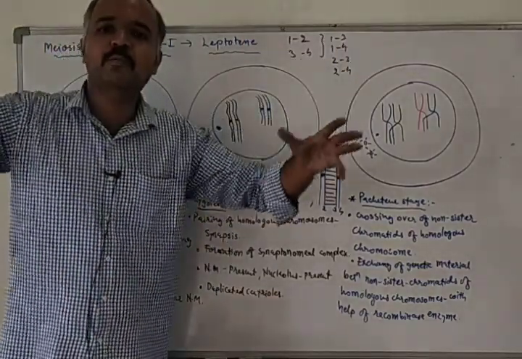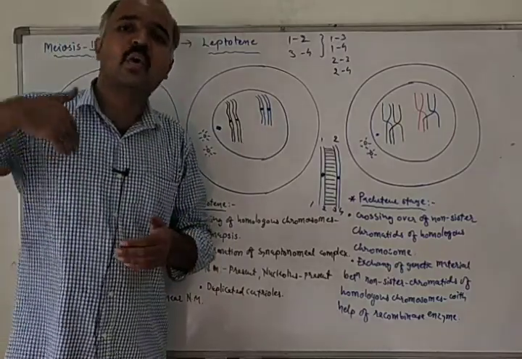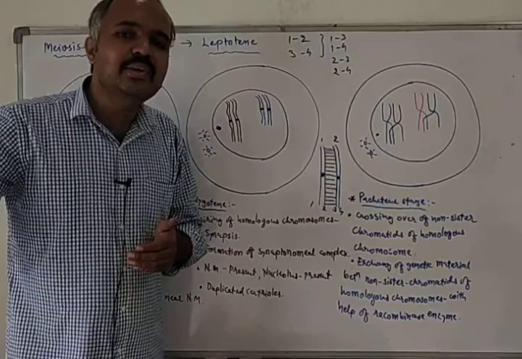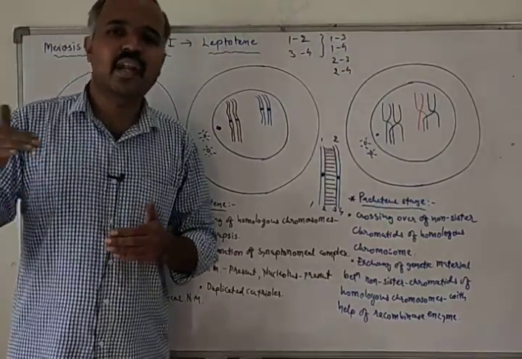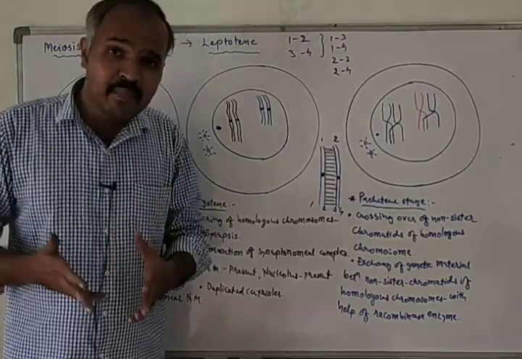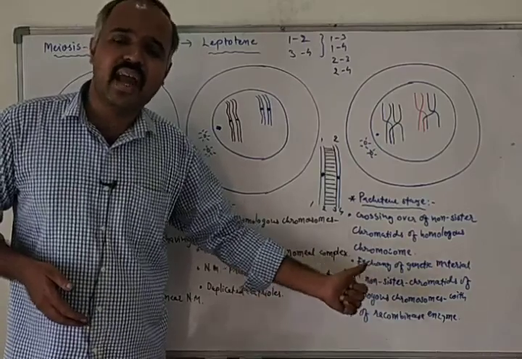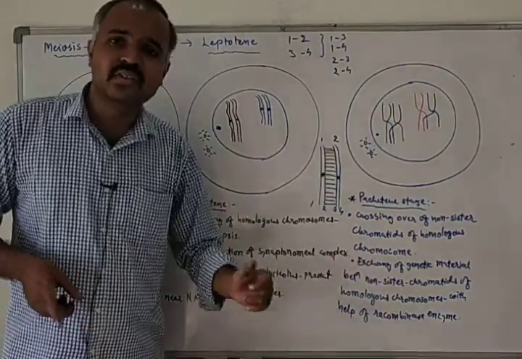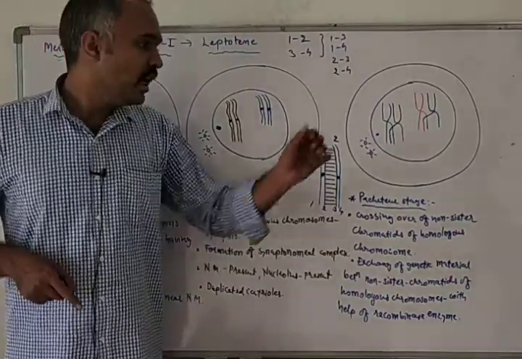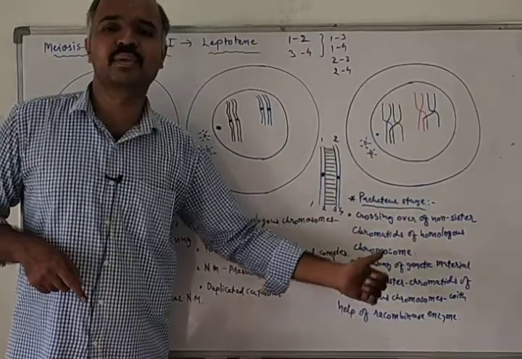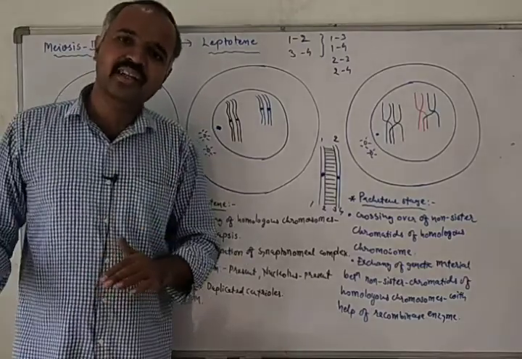All organisms are different from each other, though they are similar in body shape and size. We are similar to our parents, but we are not identical to our parents. Why? Because during this pachytene stage, recombination has occurred and chromatids have exchanged their parts. Due to this process, we are similar to our parents, but we are not an exact copy of them. If this stage had been absent in meiosis, we would have been exact copies of our parents.